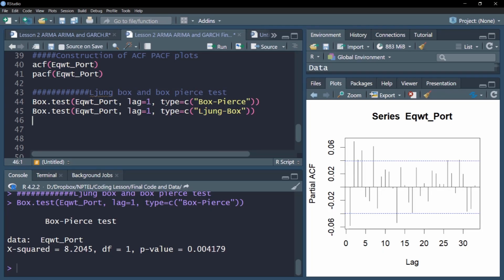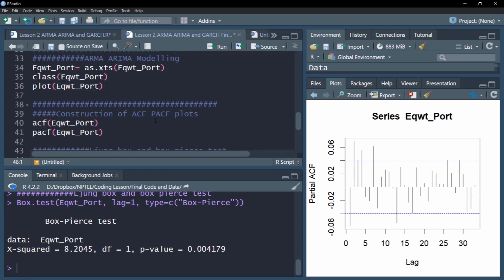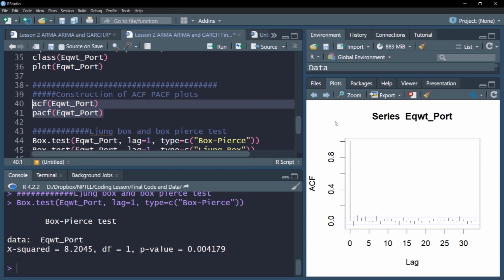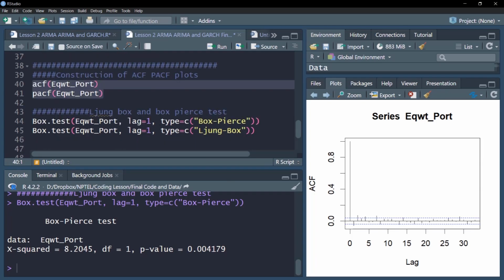In the next video, we'll run the auto.arima command and simulate that structure. In this video, to summarize, we saw through the ACF and PACF diagrams that there is some visual intuition that we have some kind of ARMA structure there. Particularly from the PACF diagram, we found that there is some AR structure, and from the ACF diagram, we found the presence of some significant MA, though the sizes are small. Based on this, we also tested for autocorrelation through Box test, Box-Pierce and Ljung-Box. We found there was some evidence of significant autocorrelated lags.